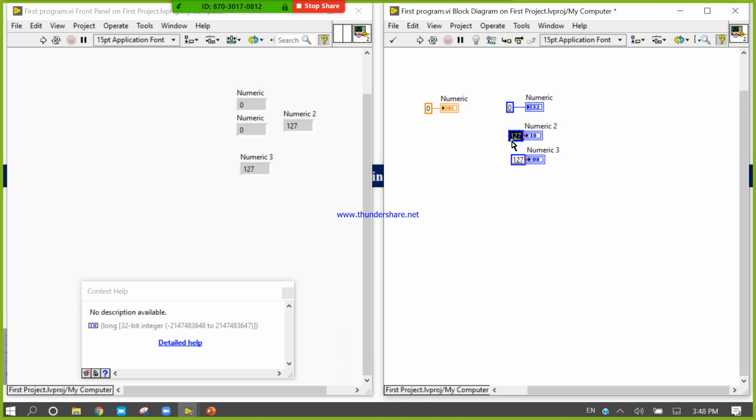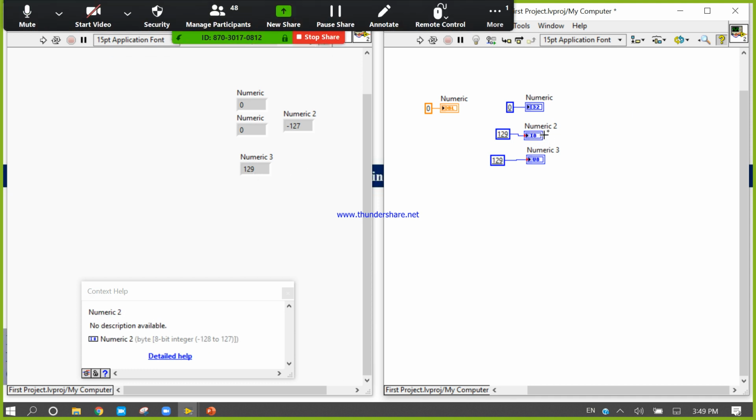But if I write 128 here and 128 here and run, this one, the I8, shows minus 128 and the other shows 128. What happens if I write 129? It will show minus 127 and 129.